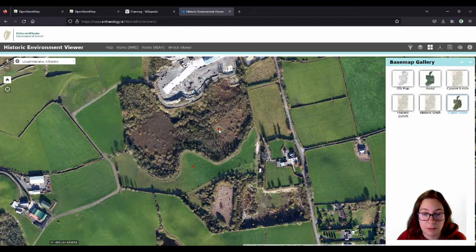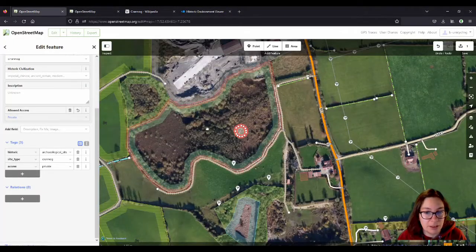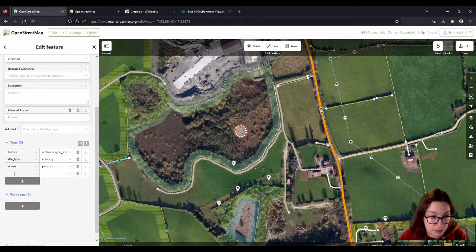You can click on the node, which is actually in the center of the crannóg, which is rare enough, and copy this number here. So KK is for Kilkenny. Every county has its own. And then 14, I think, is the townland. Maybe not, I'm not sure. The barony or something. And then there's a consecutive number because there are not 63 sites in the townland of Lochmaron. So I think there are only 2 or 3. Anyway, so I copy that and then go back here and add that, and the tag is